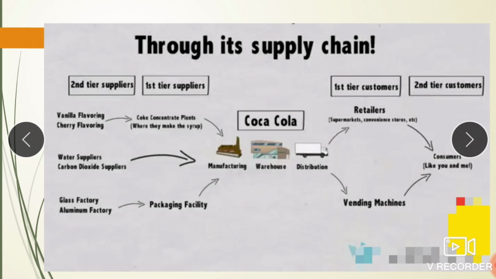So this is an example of the supply chain sa Coca-Cola Company. Na siya'y second tier suppliers, first tier suppliers. So iyang second tier suppliers are vanilla flavoring, cherry flavoring. So after nila ni ma-supply is ila na dayong himuon into syrup flavoring sa ilahang soft drinks. Of course, water suppliers and the carbon dioxide suppliers. And the glass factory and aluminum factory sa ilahang packaging facility like bottles, labeling of